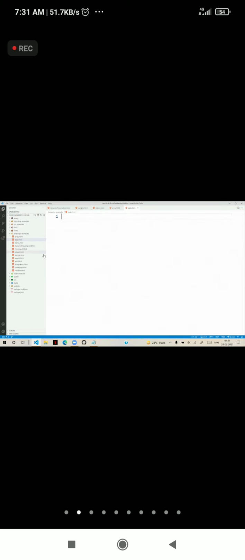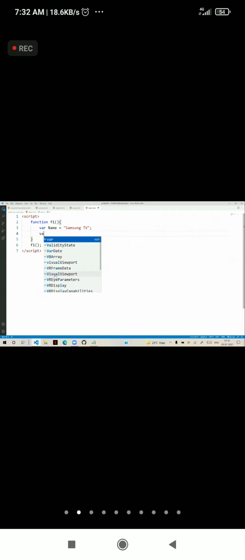Here we are presenting some data in a function, and in that we have some variables: a name, which is a string type, a price, which is a number type, and a manufactured date, MFD, which is a date.